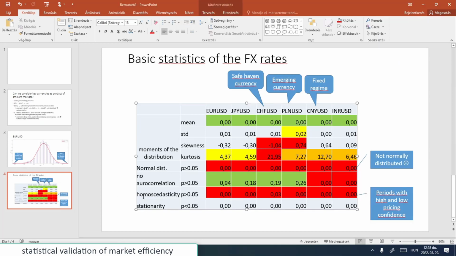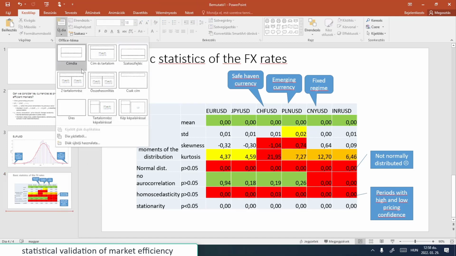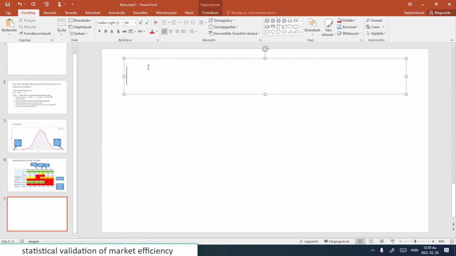Because we already have this heteroscedasticity, and later on when we are dealing with options, when we are reaching the micro level, the level of the company, because right now we are still on the macro finance level, it will be relevant for us when we have to price an option. Option pricing is always dependent on two things. One is interest rates, the interest rate differential between the two currencies, and the other is the volatility of the currency. So that's why we have to talk about volatility here,